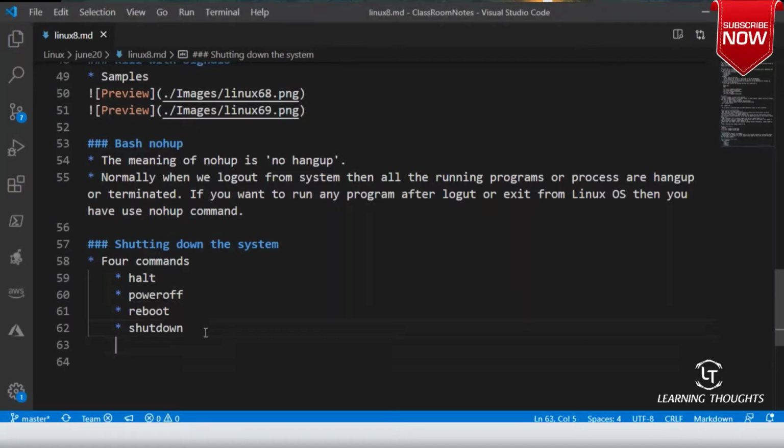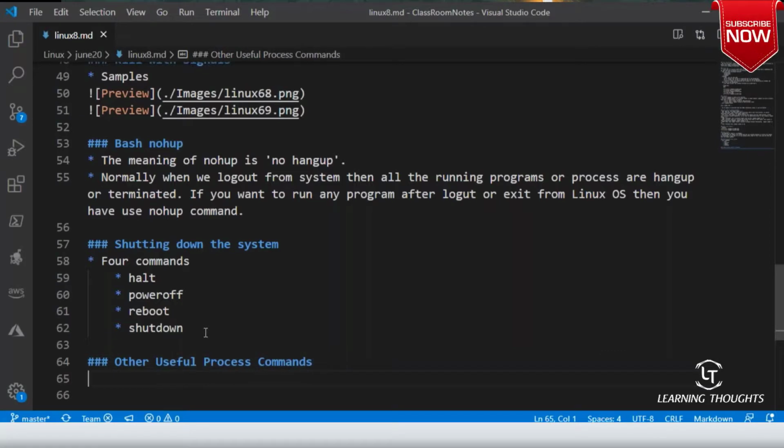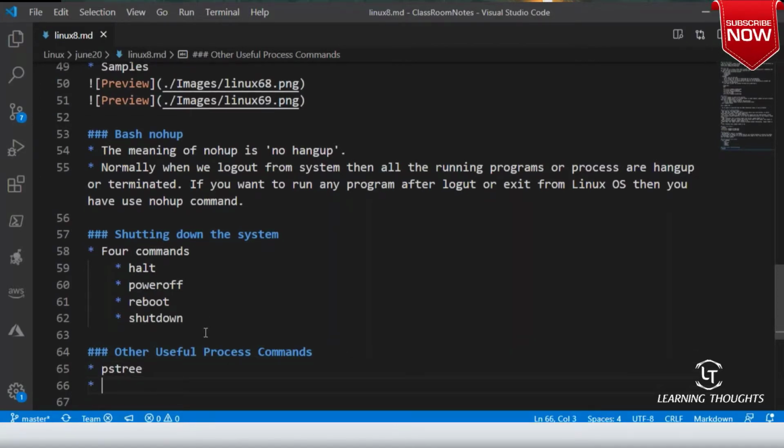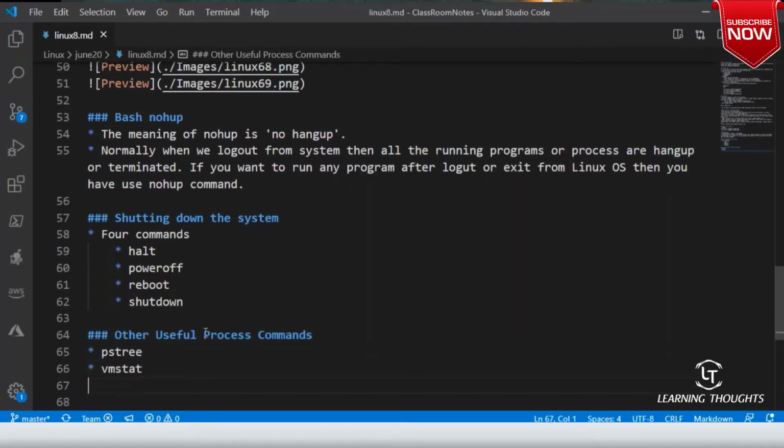Okay. So if you really want to understand some of the other popular, useful process commands, right? I am not describing this stuff. There is a command called pstree. There is a command called vmstat. Right.